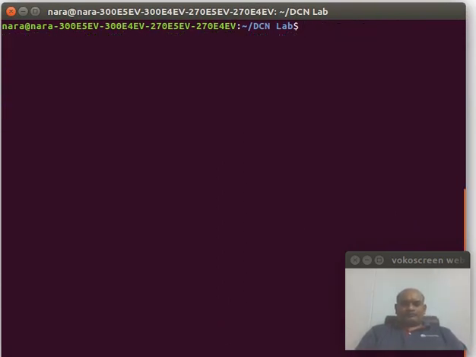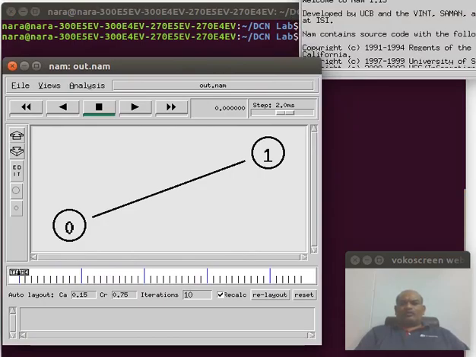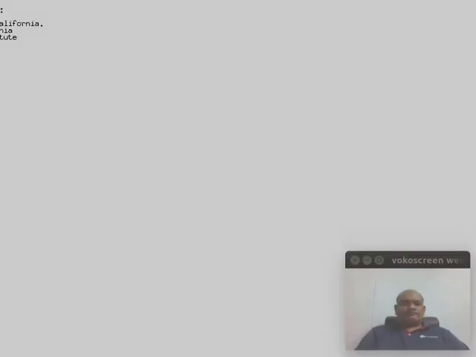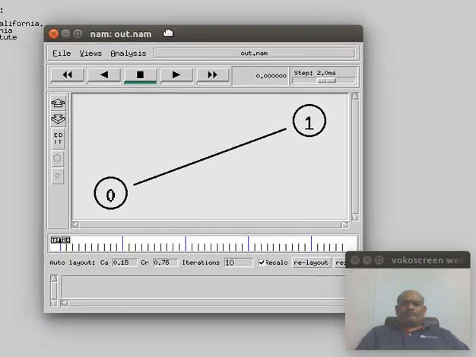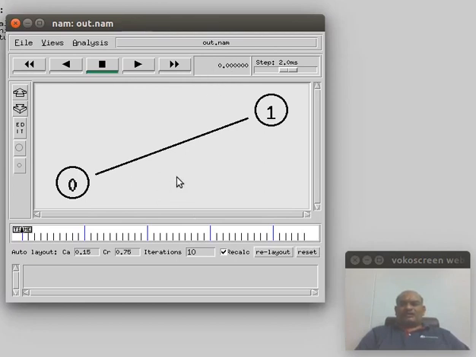Now we'll try to see the code execution part. Here we can see the output. I try to execute. Here you can see at 0 it has started.